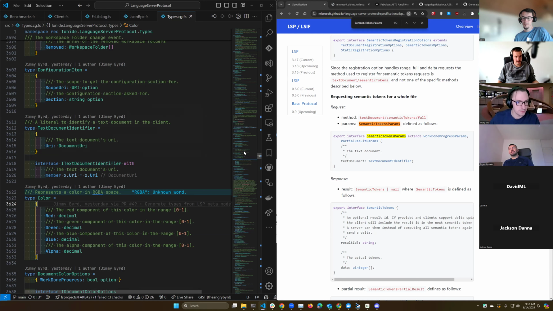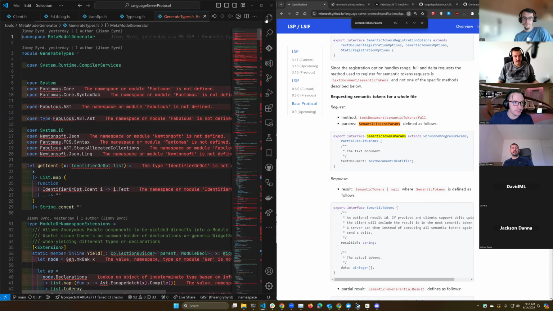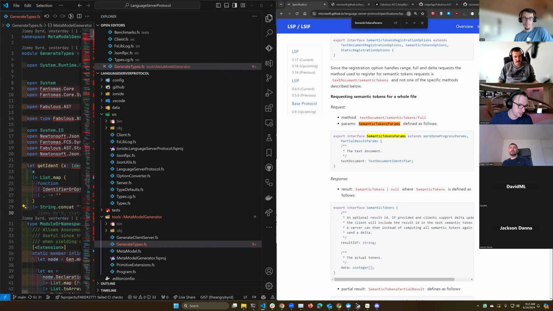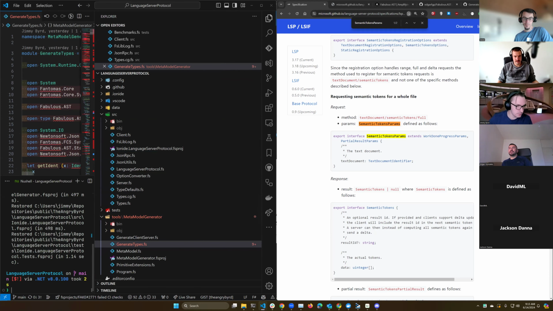What it's just doing is adding a little bit of a DSL on top of that. But yeah, I should be releasing a stable version of Fabulous AST in the next week or so, so we can finally have documentation and can leave out of the scrutiny, and we can give it a go.